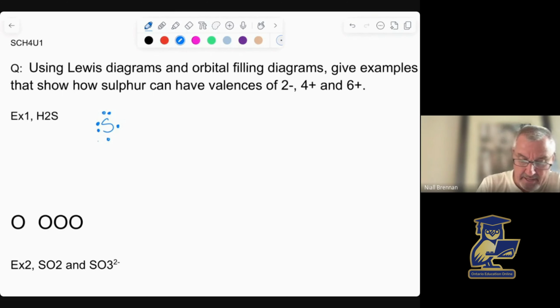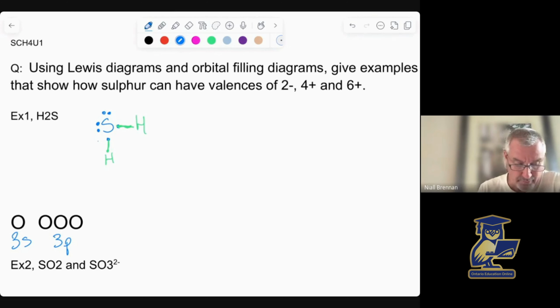And we're going to add in our hydrogens. We're going to match up the unpaired electrons like that and connect the dots. And we've got H2S. Now, taking sulfur as the central atom here, this is going to be the 3s and